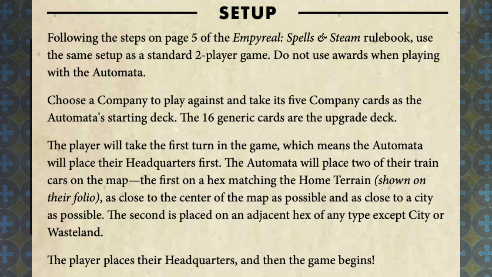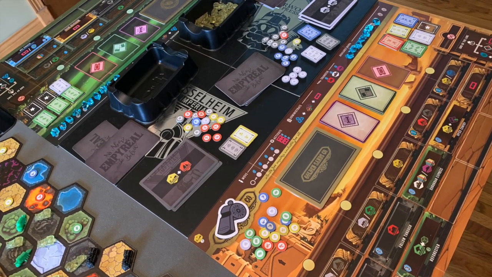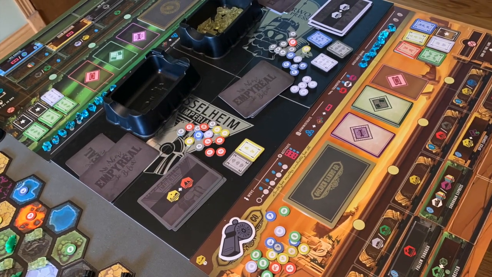Choose a company to play against and take its 5 company cards as the Automa's starting deck. The 16 generic cards are the upgrade deck. Just a pro tip from me to you. I take that company and I close the folio, because you won't be using the inside of the company folio, but it's a great spot to hold space on the table for that